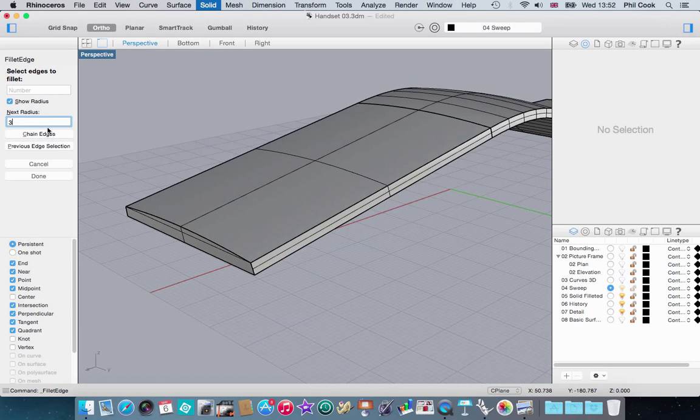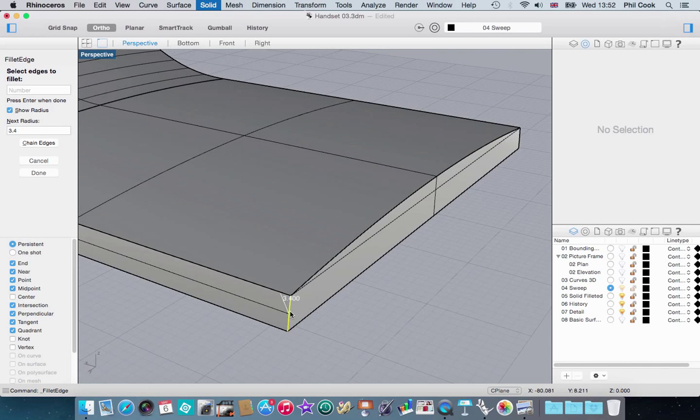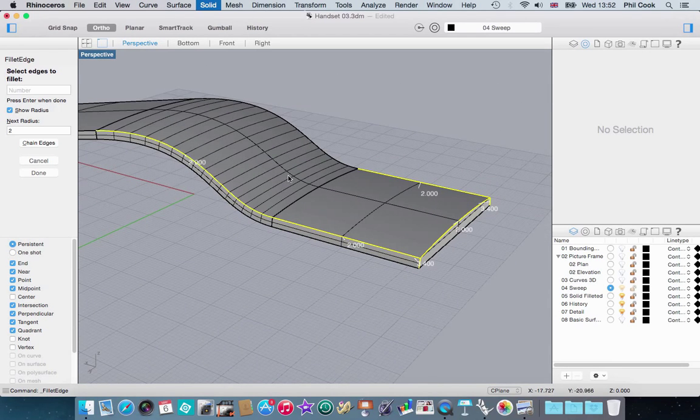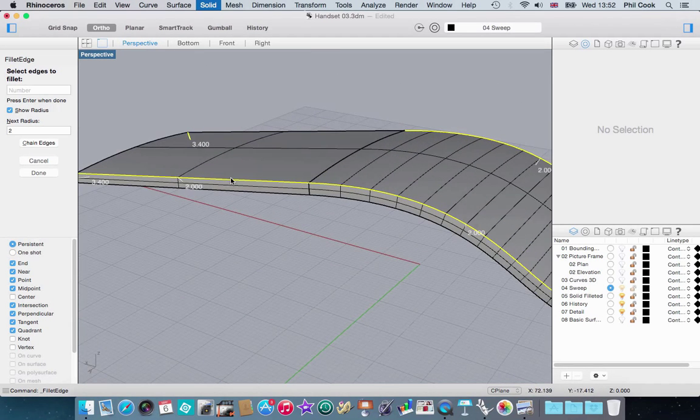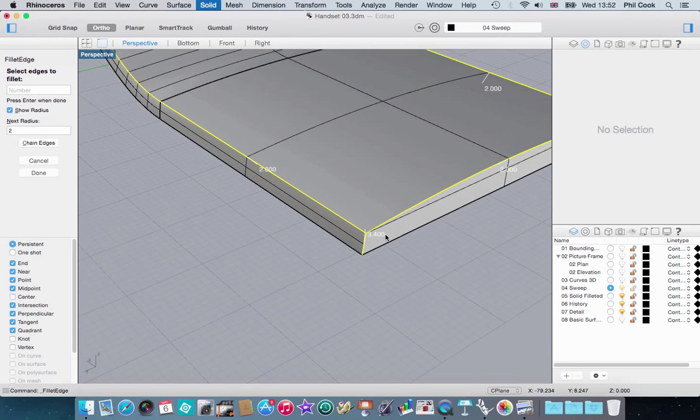I can set my first radius to 3.4 and then enter to accept that, and then I can pick these edges here. Then, without pressing enter, I can select my next radius, 2 for example here, and enter to accept 2, and then I can pick these edges. And then I can enter to get into a preview mode,